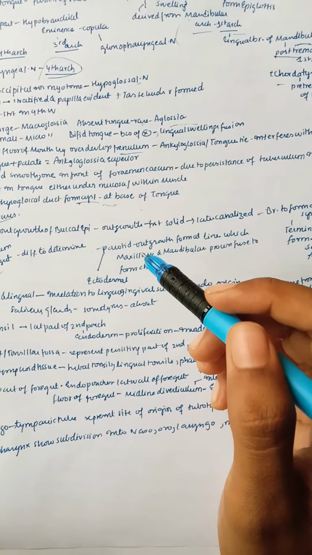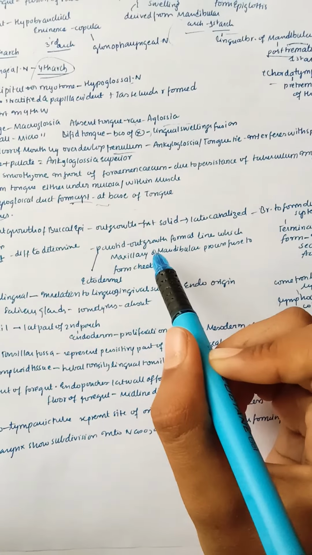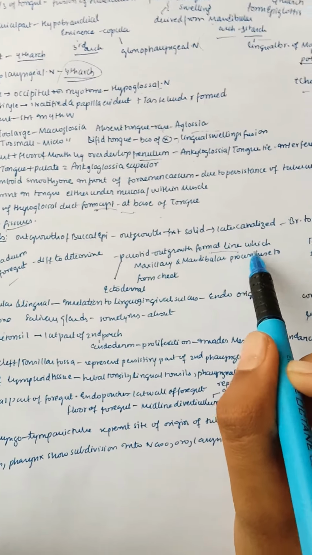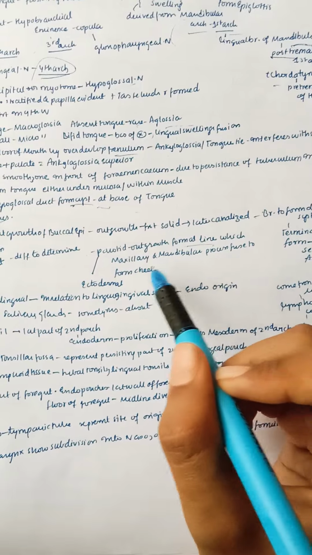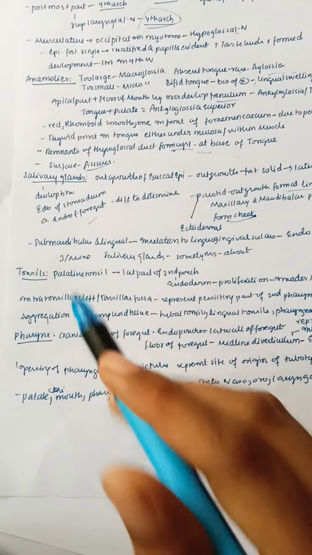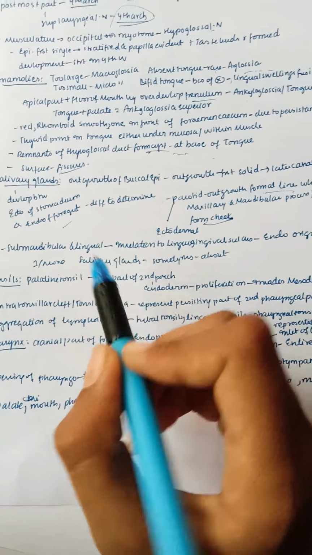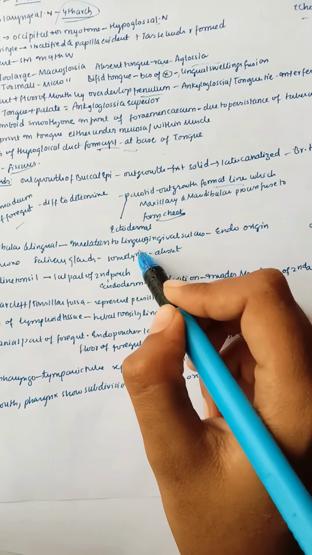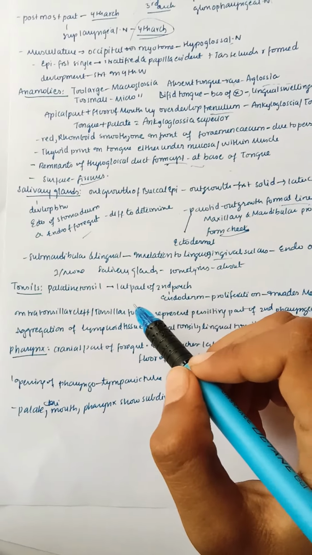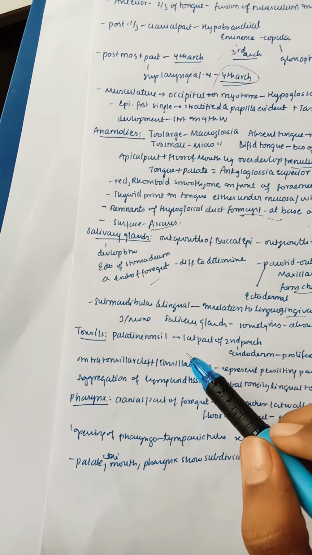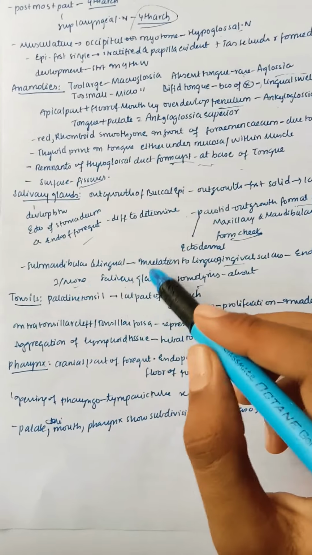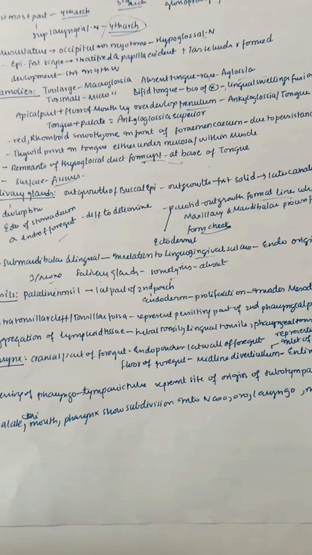And the parotid gland is one of the salivary glands. It is also an outgrowth which is formed at the line where the maxillary and mandibular processes fuse, from the cheek, so it is formed in that area. So the parotid outgrowth is ectodermal in origin. And next, coming to the submandibular and sublingual glands, they are in relation to the linguogingival sulcus. This is endodermal in origin. And sometimes there are anomalies, like salivary glands may be absent in some people.